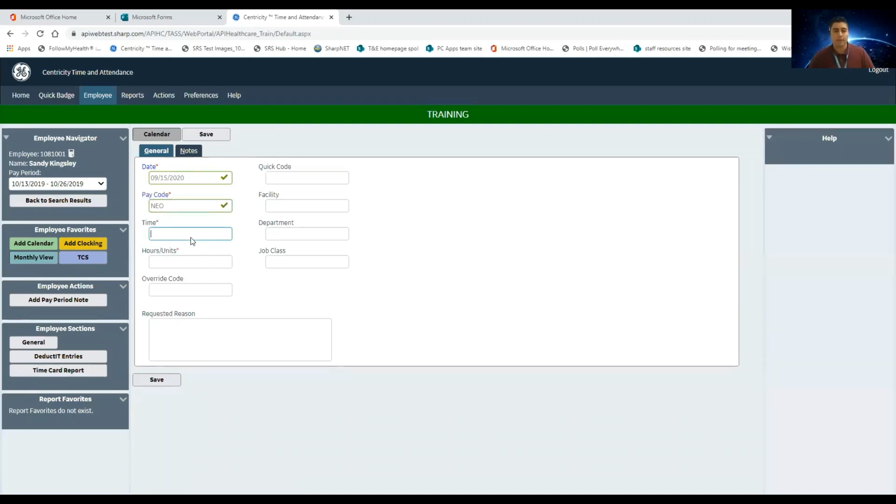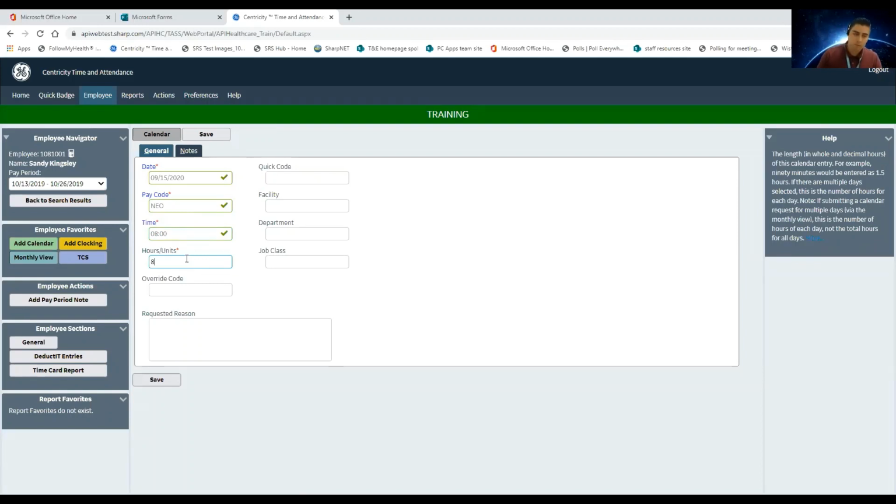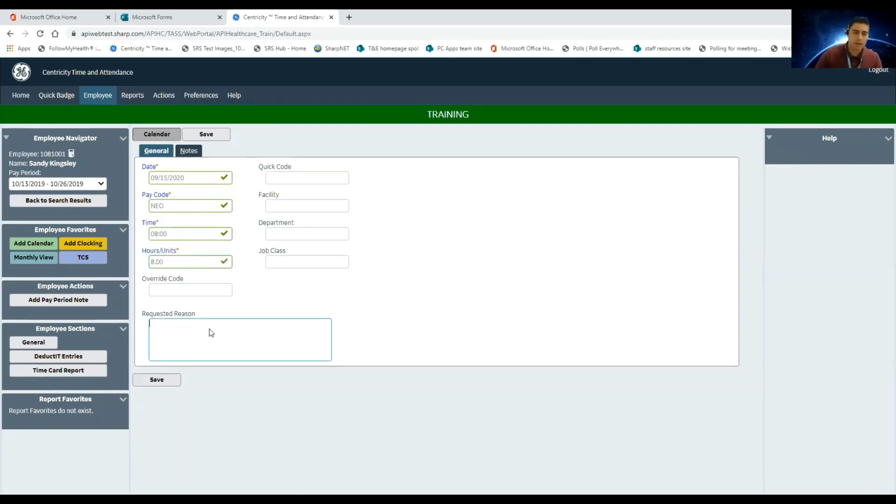You're going to put in the time you started. It is in military time, so I'm going to put 0800. The hours you're getting paid for, so it was 8 hours. And the last section is requested reason. You always have to put a reason anytime you make adjustments to your time card so your supervisor knows